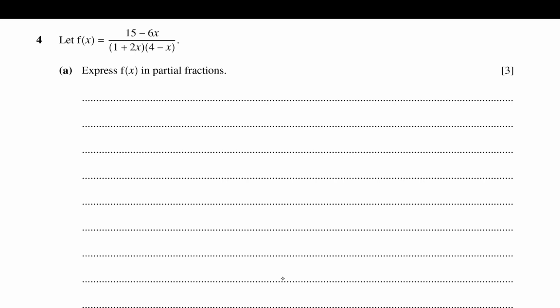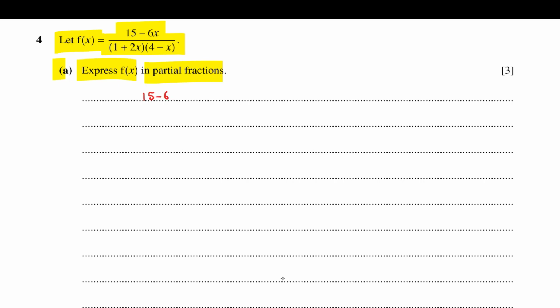Now we have the fourth question. Let f(x) = (15 − 6x) / ((1 + 2x)(4 − x)). Part (a) is to express f(x) in partial fractions. Since the denominators are (1 + 2x) and (4 − x), we can use the first type,